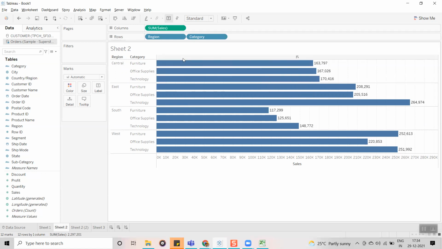Here, guys, you have not written any calculation, right? Are you writing any calculations as of now? We haven't written any calculation. We are using the fields directly, and Tableau automatically creates the visualization by summing up all the values based on the dimensions we are using here. This is the advantage of Tableau. This is the beauty of Tableau, we can say.